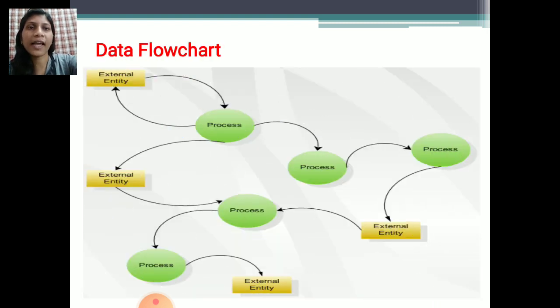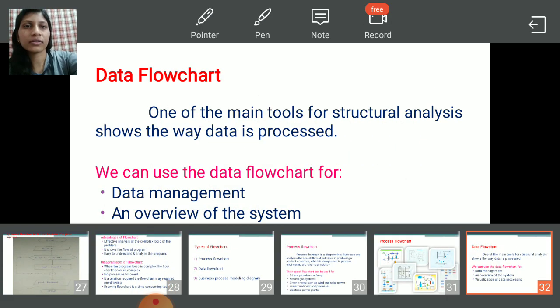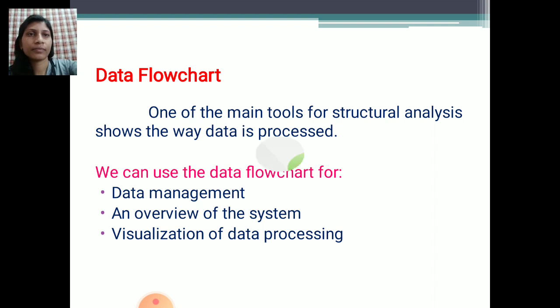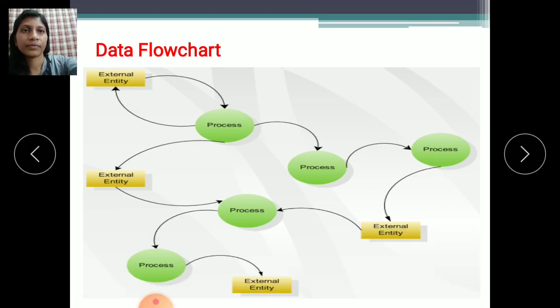See here, this is the diagram of the data flowchart. These all are the data we are using to declare. Using an arrow, it shows the data. This is called data. This is an external entity. Then process, means the exact process that will happen. Then what processes are happening, and internal and external entities. So this type of diagram is called a data flowchart.